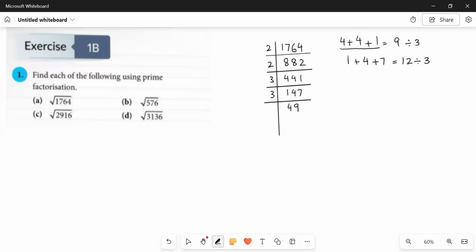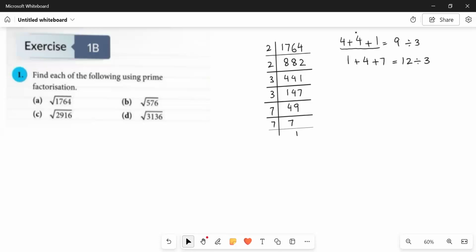Now we know that 49 is the perfect square of 7. We have learned it so far. 7 7s are 49 and 7 1s are 7. So here we have ended up with the prime factorization of 1764. This is how you have to attempt such type of questions. Next, this is what prime factorization is up to.